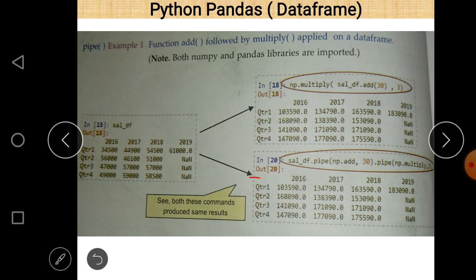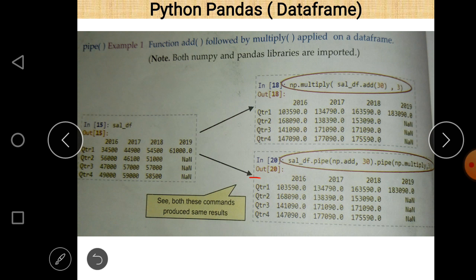And then there is a function add, and sal_df.add(30), and then 3. So this is a function.